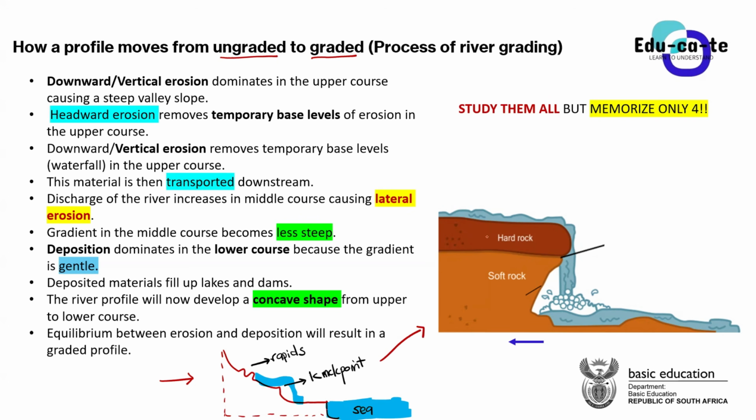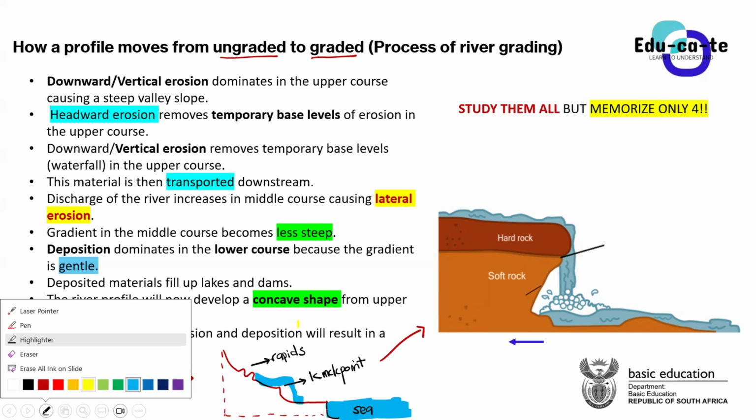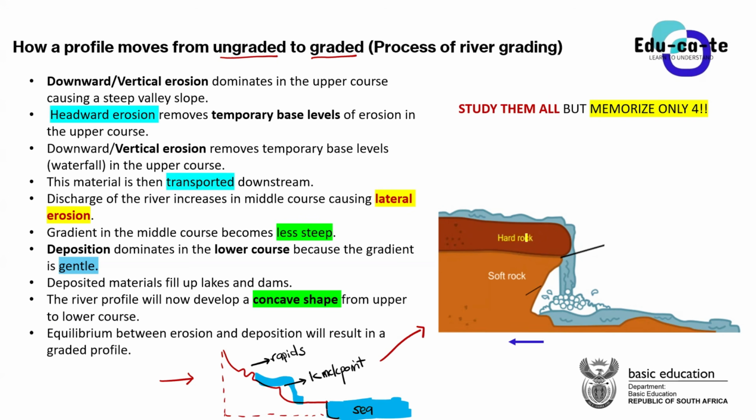If you are looking at a closer outlook, this is the waterfall that we are talking about. As I explained when I explained headward erosion, a waterfall has got hard rock on top and soft rock at the bottom. So the hard rock is being supported by the soft rock. When we say it is hard rock, it means that it is hard to erode, not easily eroded. The water does not easily cut through this rock. It cannot even cut a piece from this rock because it is hard rock. It is more resistant. Usually it is igneous rock.